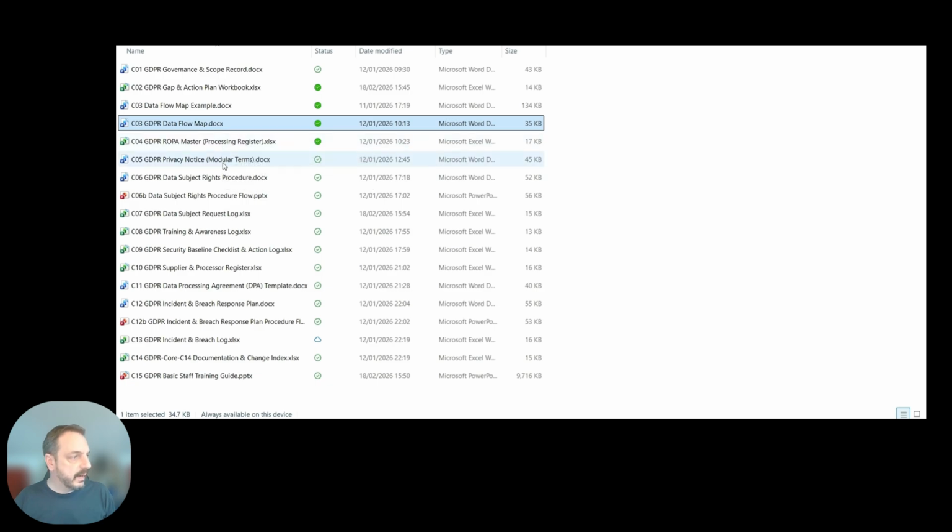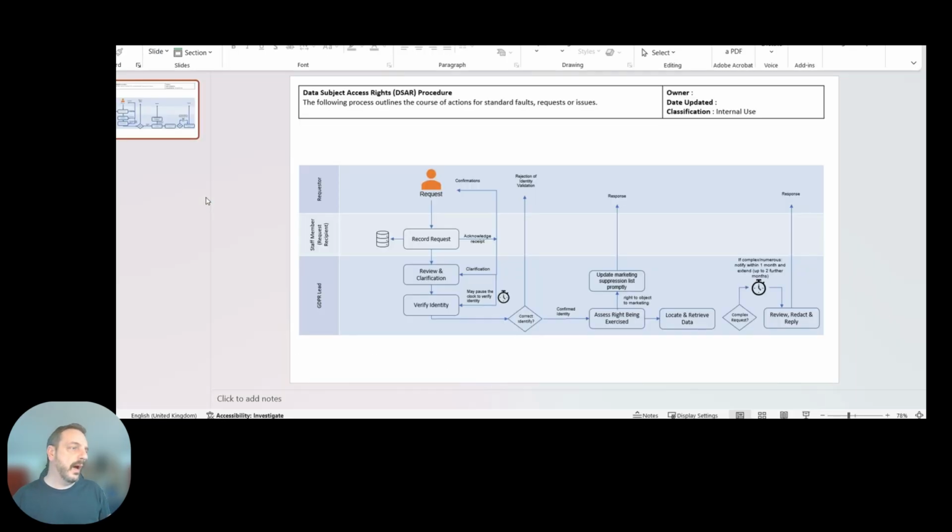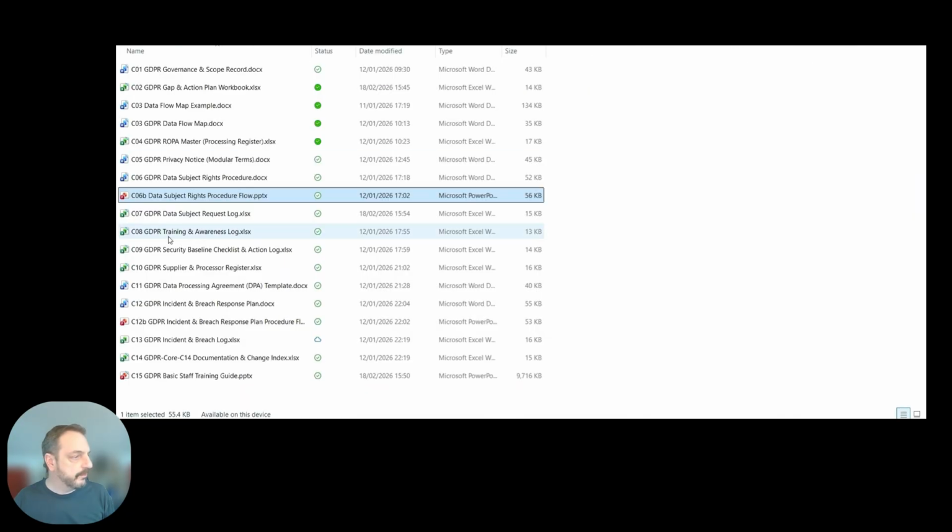There's a proper privacy notice that you might wish to use and adapt. There's a data subject's rights procedure. So this is quite useful. If you need to respond to somebody's request for data about themselves, or to change something or to remove something, then you need a process that you can evidence and run so that you can remove those details or deal with them. So here is a procedure that you can adapt and adopt to your own that helps you do that. There's a training and awareness log,